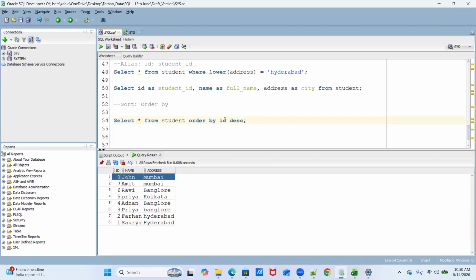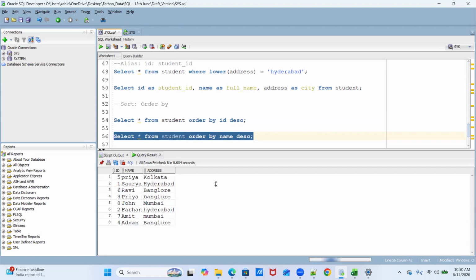So we were trying to do this with the ID column. But can we do it on another column as well? Yeah, of course we can do it. Let's try to do that for the name column. See, now the name has been sorted into descending order.